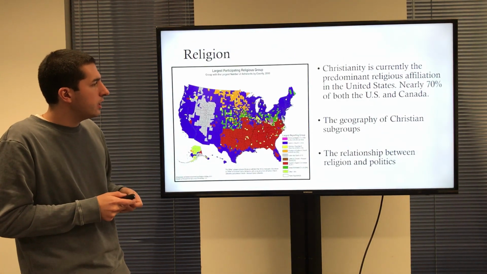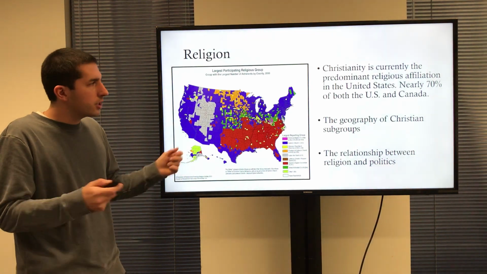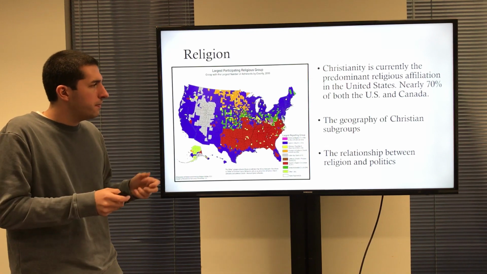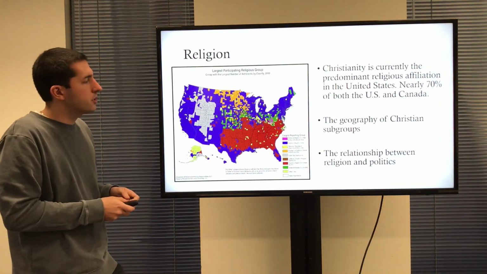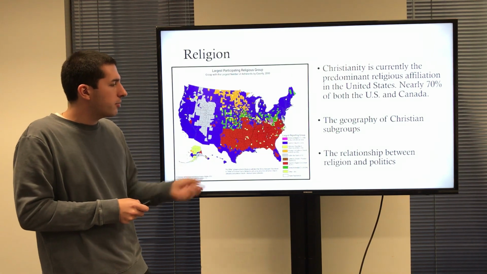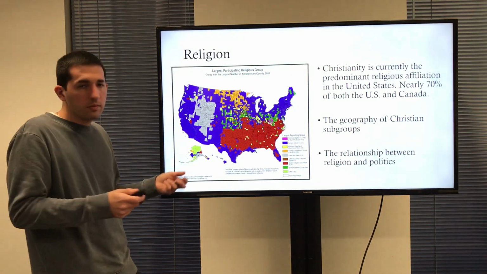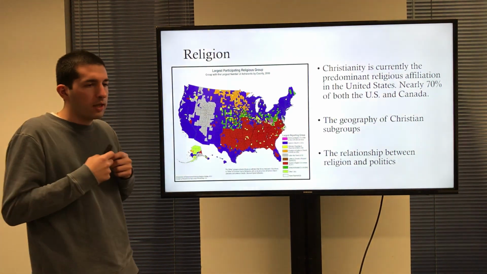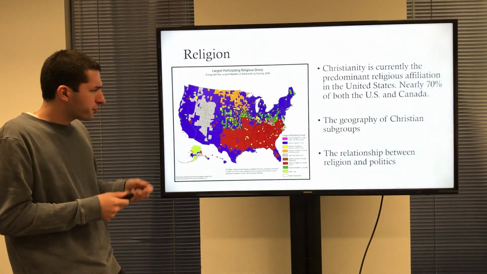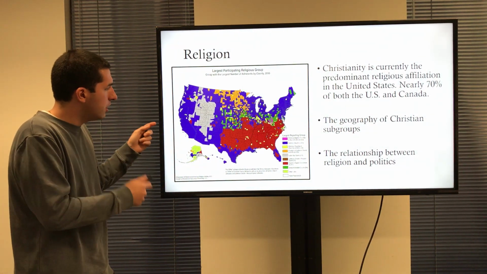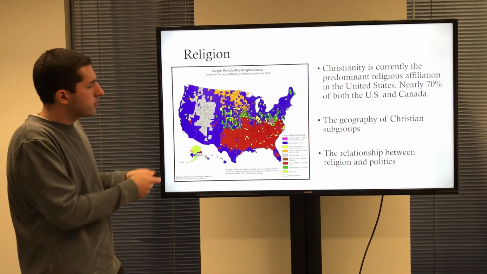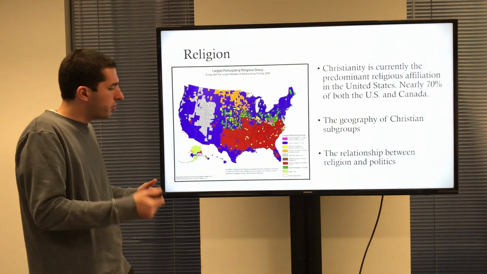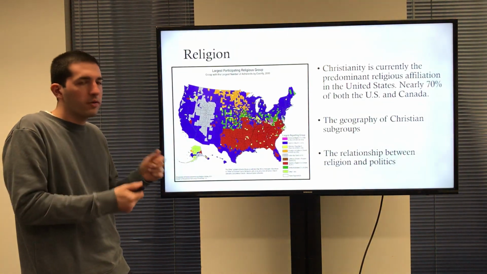Now, religion in this country, and in Canada, is largely Christian. The United States and Canada are approximately 70% Christian. We could talk about the geography of Christian subgroups as seen here, largely Southern Baptist in the southeastern United States, the Church of Latter-day Saints in the American West, and those folks are Mormon. And we'll talk about the Catholic Church, which is the other major one. We have Lutherans up in this area, and that's largely because of how they were settled from Europe, bringing that religion over